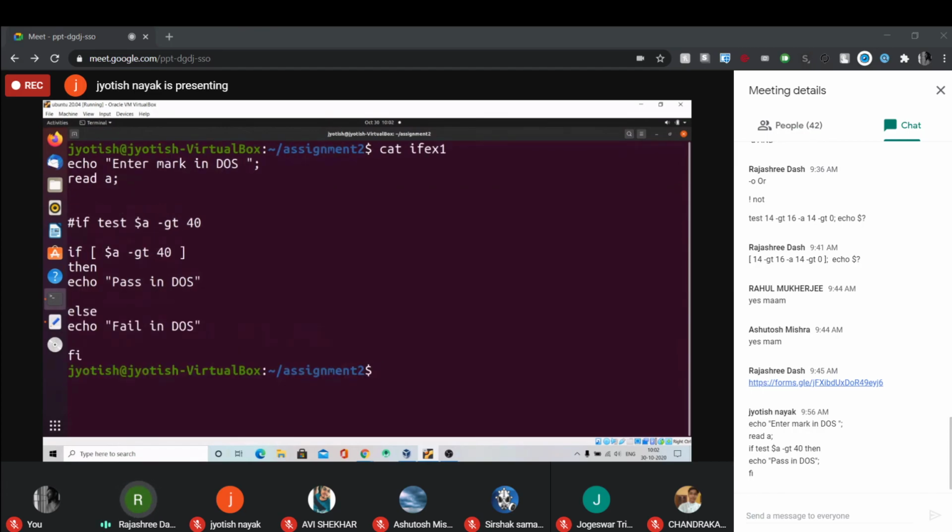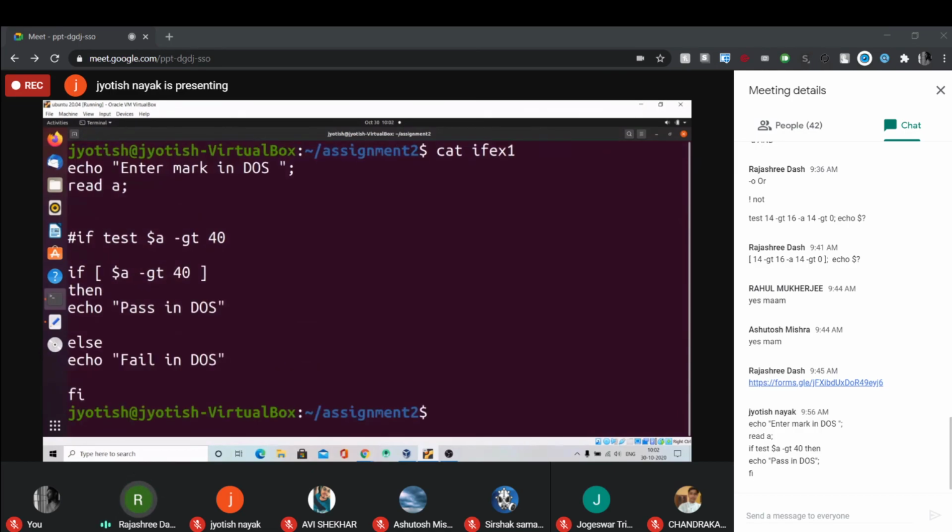Here we have checked two ways to represent the condition with the if statement. Either you can use the test command, or you can simply use the square bracket. But remember, while using the square bracket, before and after it there should be space. Using this concept you can solve questions number 3 and 4. Try that. In the next lab we are going to discuss it.